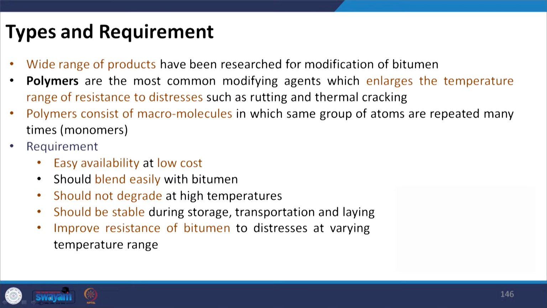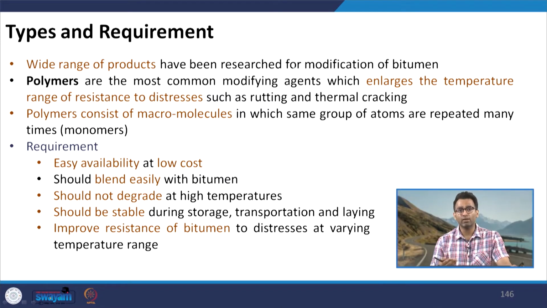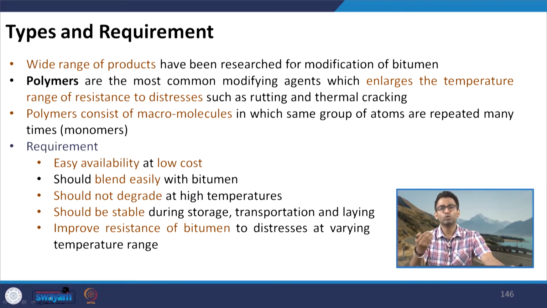Usually the cost of modified binders is higher than the conventional binder, and then we have to do a cost benefit analysis in the project to see whether we are able to reduce the maintenance cost by use of modified binders, or if we are able to achieve lower thickness of the wearing course by using the modification technique. So, definitely an important component is that the ultimate cost, it may be the initial cost or the long term cost, we should have some monetary benefit by using the modified binder, and of course, it should be easily